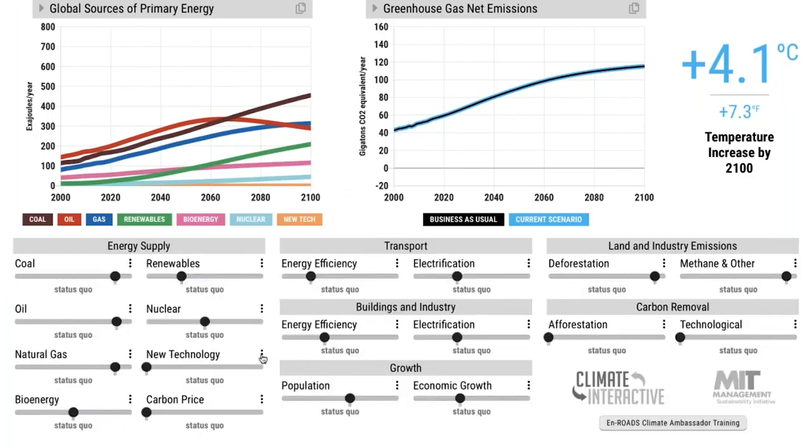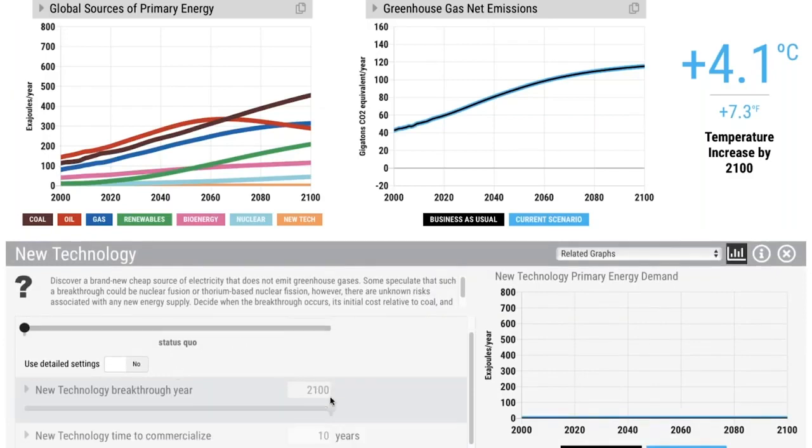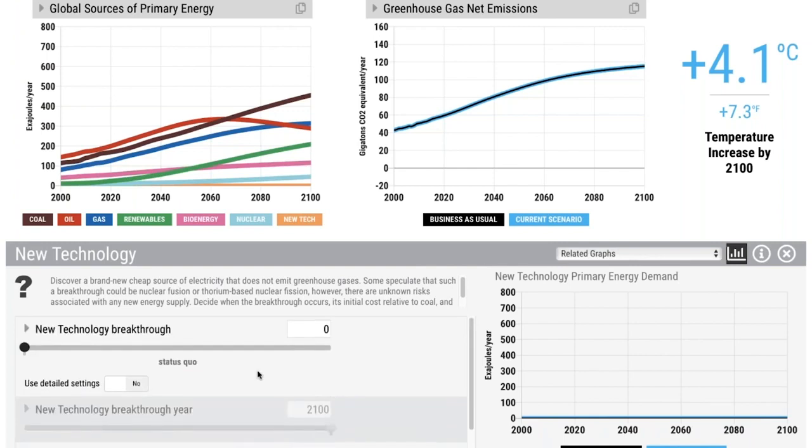What if we had a breakthrough? You can see in the detailed settings, the breakthrough year is going to be 2020. It comes out of the lab and then it gets commercialized. It takes a while to figure out how to make it work at a commercial scale, but then it will compete with coal, oil, and gas and spread around the world.